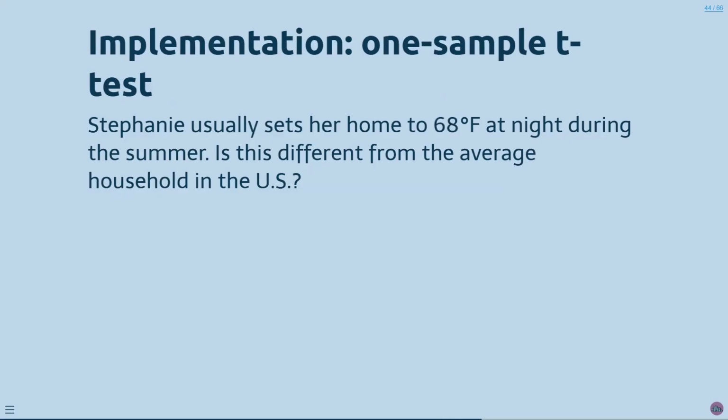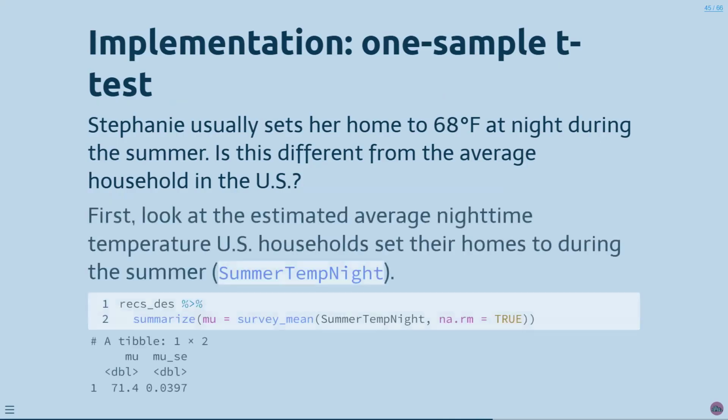So I'm going to pick on Stephanie. So Stephanie usually sets her home to 68 degrees at night during the summer. And she wants to know, is this different from the average household in the US? So let's look at the estimated average nighttime temperature in the US. So the variable is summer temp night. And we will output that here. And so we are setting it to mu. So our average is 71.4. And the standard error is